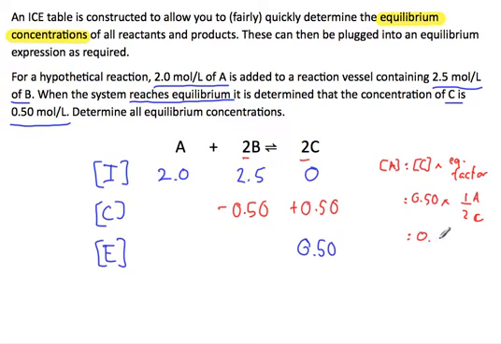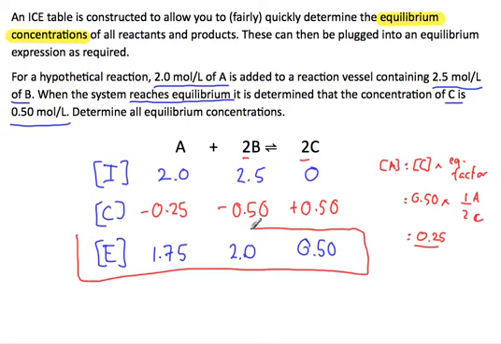And so 0.250 was the change. So minus 0.250 moles per liter of A in terms of change. Now we just do the math, and this is why it's useful to put in the sign. So 2 minus 0.25, 1.75 moles per liter. 2.5 minus 0.5, 2.0 moles per liter, and 0.5 moles per liter. So now we have all of our equilibrium concentrations,